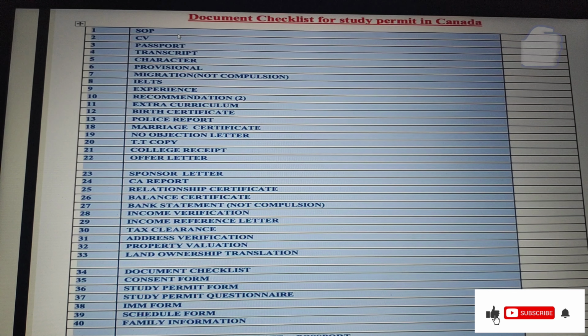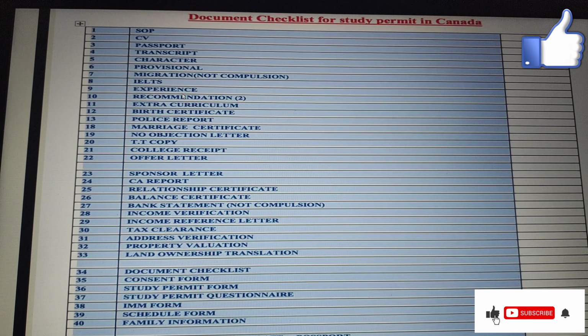The very first thing is the SOP, statement of purpose. You need to explain your story, why you intend to choose that course or why you are choosing Canada for your further study. And next is your CV, your passport, your transcript, character, provisional certificate, IELTS, experience and recommendation letter,